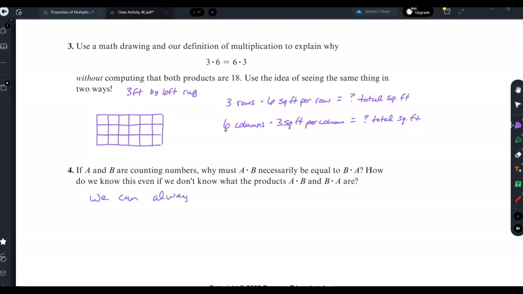There are other ways to do it, but we can always draw an array. It's a really nice visual way to demonstrate the commutative property, because like I said, all it takes is to rotate it. So A times B, and this works, by the way, even if they're fractions or decimals, right? So even though we're not doing fractions or decimals yet in MAE 201, this would work for that as well. So that would describe